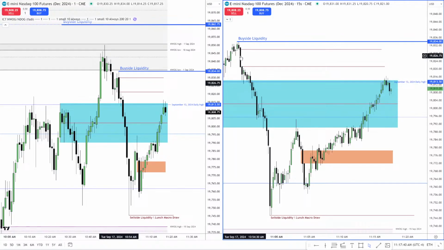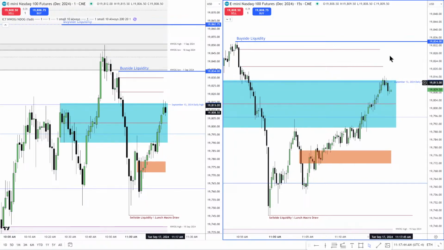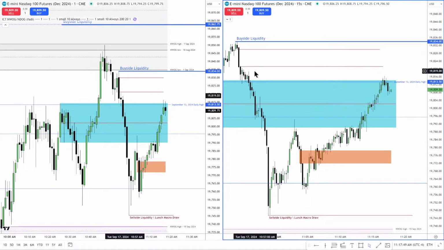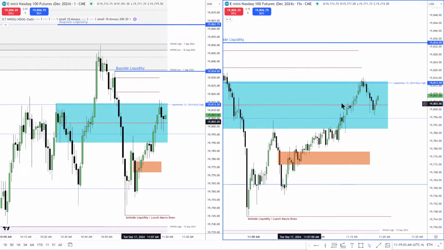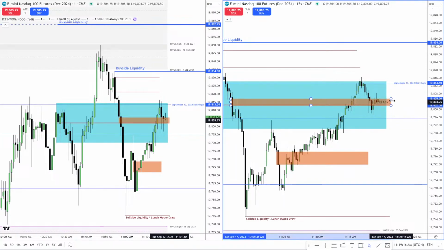So, keeping to the rules, I'd still like to see it ram up in there pretty quick. And if it's going to get in there, why not just take out the liquidity right there? All right, so we're at mean threshold, half of the breaker. And we have the inefficiency right there. And I'd like to see that be used as inversion. So you want to see it go away a little bit and come back down into it, and then run up into